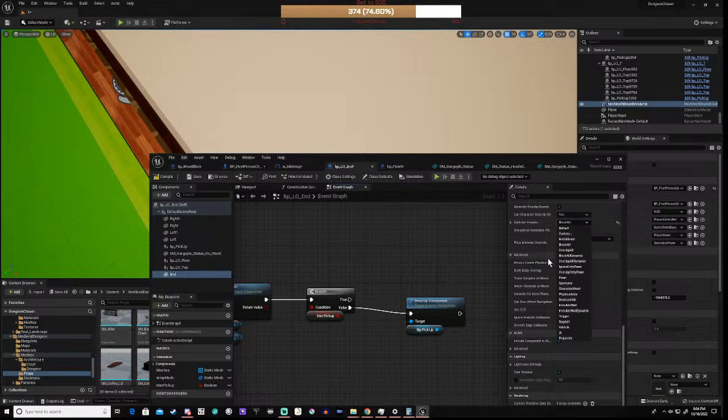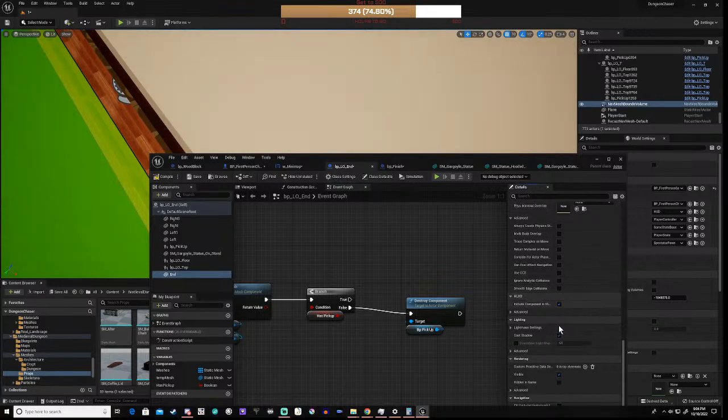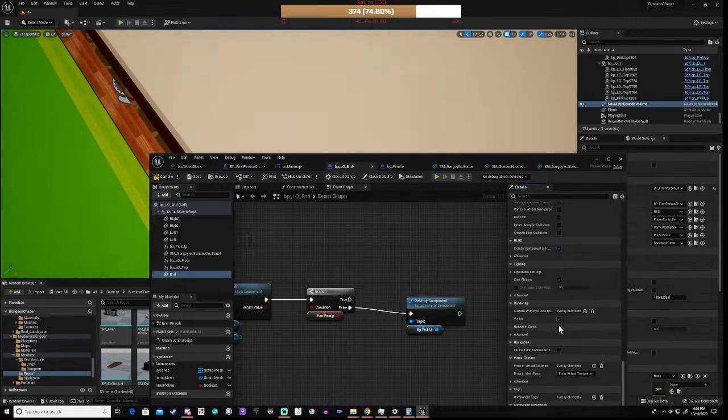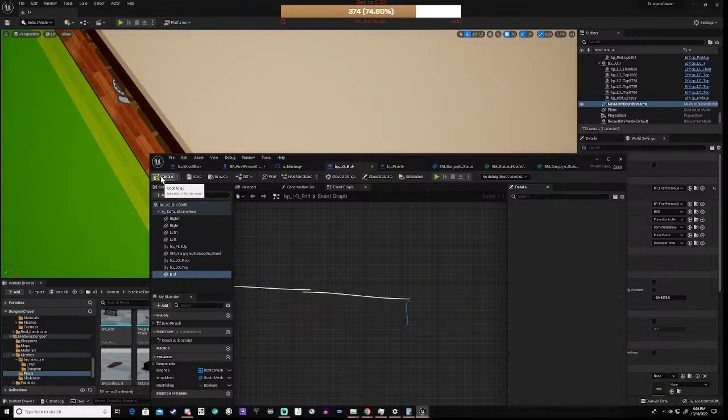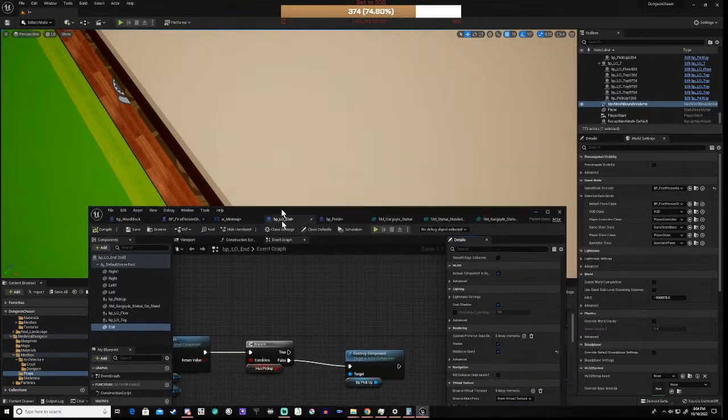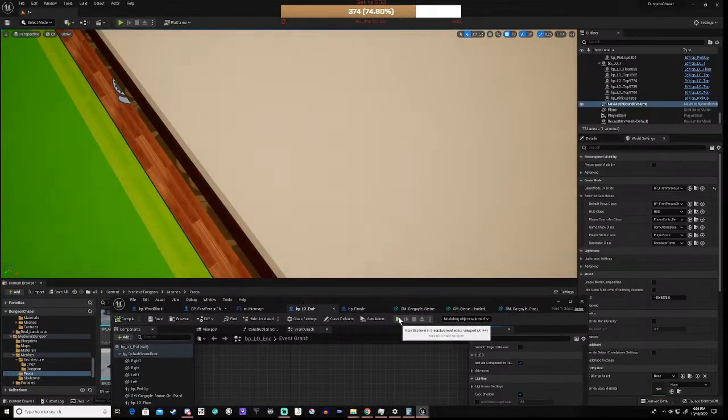And you're not going to block anything. You're going to just say no collision. What I'm going to do is turn the collision on when it becomes active, right? And I'm going to say you can't affect navigation, and then I'm going to say you're hidden in the game, right? So basically when I start the game,